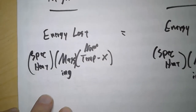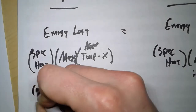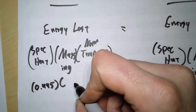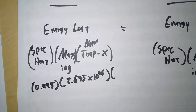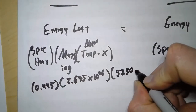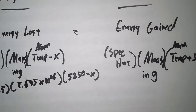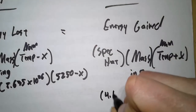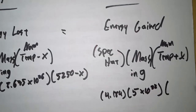So let's put in what we know. So going back to our magma, the magma's specific heat, we've got 0.445. What was the mass? Let's see. We said that the mass was 8.635 times 10 to the 26th in grams. And we said, what was their normal temperature? 5250 minus x. And x, that's just going to be what it settles on. So on this side, for the eels, the specific heat, that's going to be 4.184 times their mass in grams, 5 times 10 to the 22, times their normal temperature, I'm going to say 15